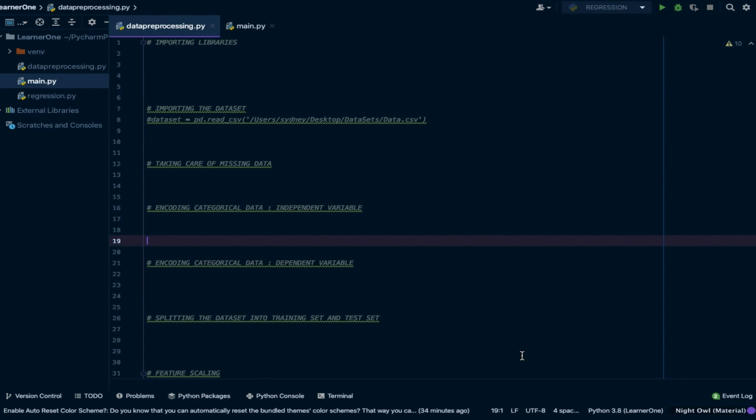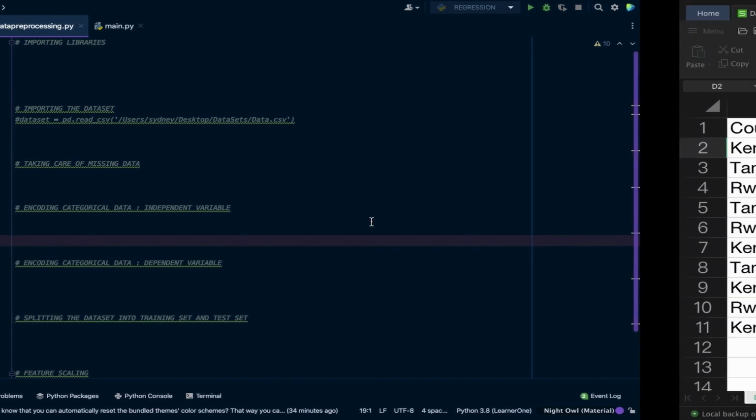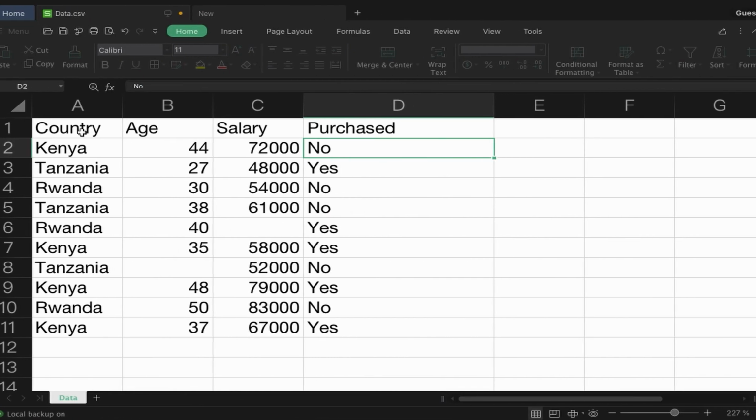Processing. At this point, we are going to go through different steps of data processing and apply it on a particular data set. The data set that we will use at this point is this simple data set which contains country, age, salary, and purchased. If this person, let's say, for example, they purchased maybe